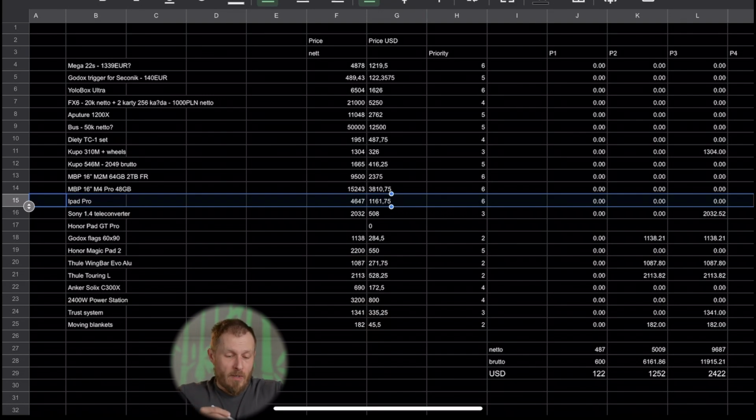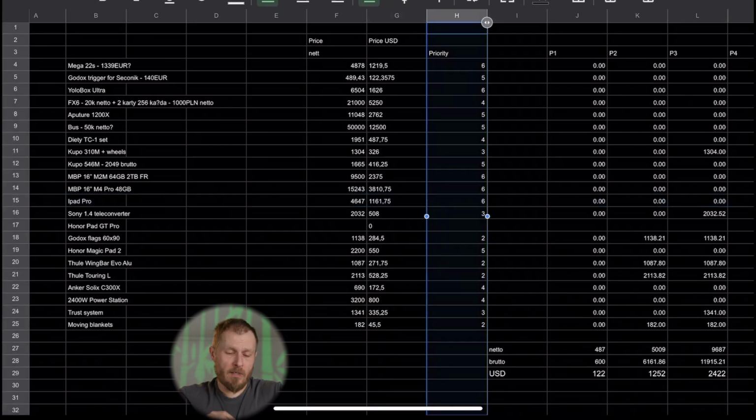I'm an IT guy, so I work with priorities like that, like P1 incidents, P2 and stuff like that. That's why. But basically with such a list of priorities, I can see what I need. I can see my monthly budget. Okay, I've got a spare $500. What should I buy? Should it be Dietitios? No, I would buy a Kupo stand first, or something with priority 2, like these roof racks, which are much